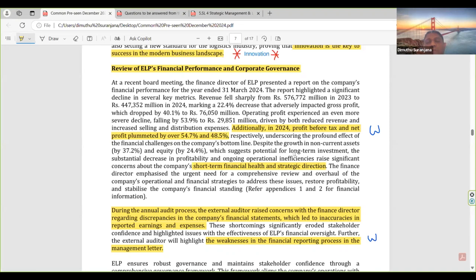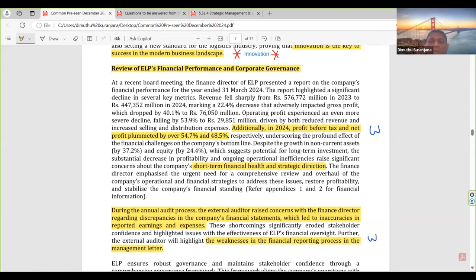Additionally, in 2024, profit before tax and net profit declined by 54.7% and 48.5%. So this is weakness, poor financial performance. Financially, we are not good. Our performance has reduced. There's a weakness. We are doing a short analysis,